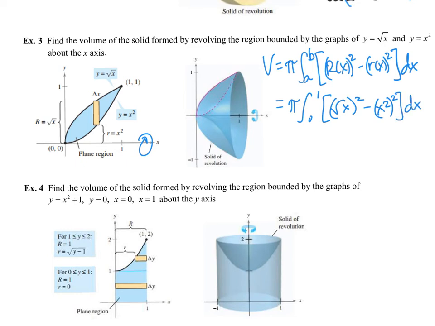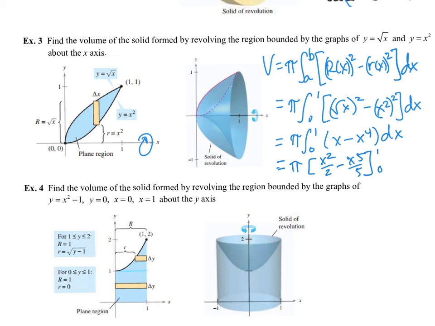Okay, so let's simplify a little bit before we find the antiderivative. This would be pi times the integral from 0 to 1 of, when we take the square root of x and square it, we would just get x. So that would be x minus, and then x squared to squared. Remember, when you have a power raised to a power, you multiply those exponents. So that would be x to the 4th, and then dx. All right, so now let's find the antiderivative. So this would be pi times x squared over 2 minus x to the 5th over 5, evaluated from 0